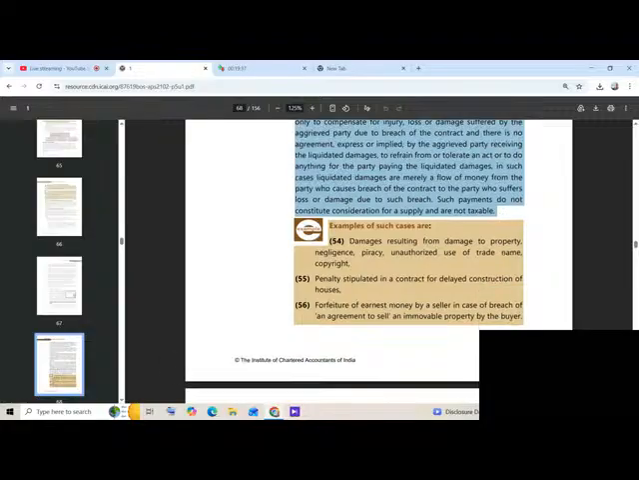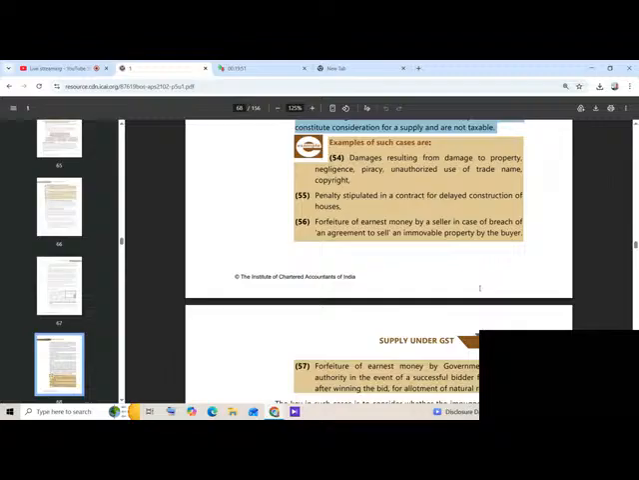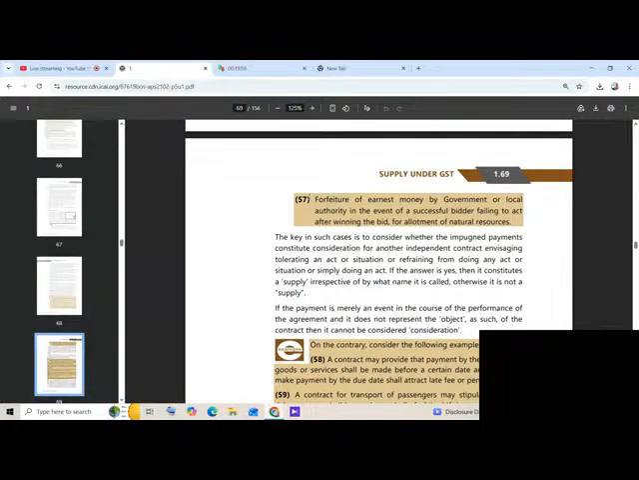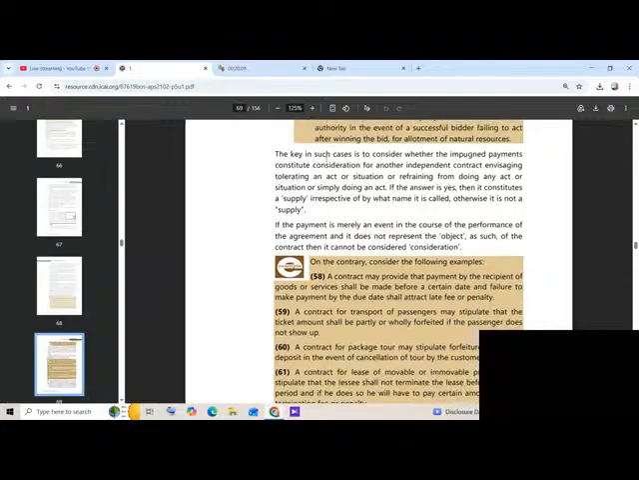Examples of such supplies are damages resulting from damage to a property, negligence, piracy, unauthorized use, penalty stipulated in a contract for delayed consideration, construction of houses, forfeiture of earnest money by a seller in case of breach of an agreement to sell an immovable property, forfeiture of earnest money by the government or local authority in the event of a successful bidder failing to act after winning the bid for allotment of natural resources. The key in such cases is to consider whether the impugned payments constitute consideration for another independent contract, envisaging,